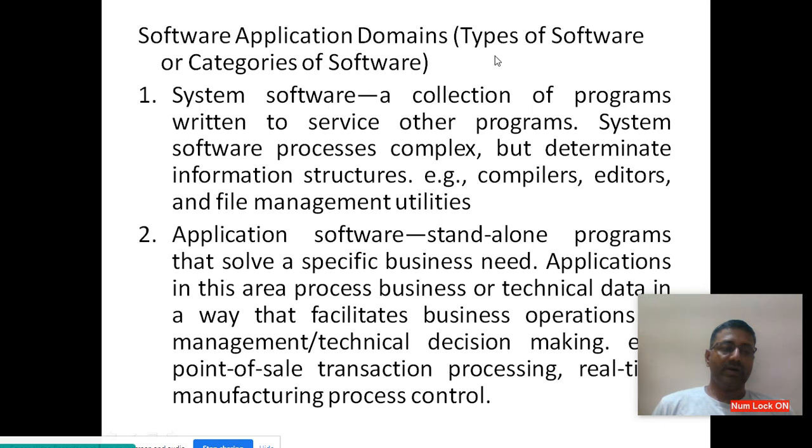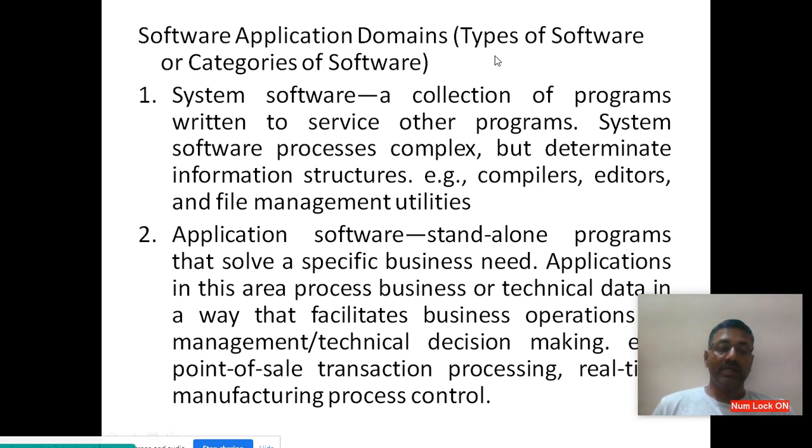Next we move to the application software. Application software is a standalone program. A problem is going to be solved for specific business requirements or needs. Some customers are doing business, so the entire business is going to be automated, and that software covers all the business requirements. Once the application software is developed, it should be implemented and installed at the customer's place, and immediately solve all the business and other related problems.